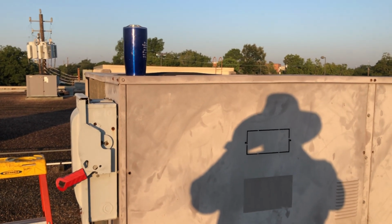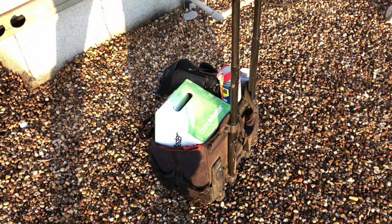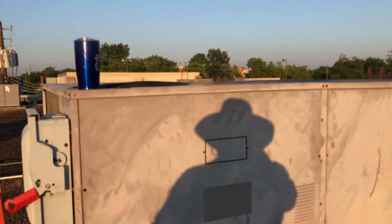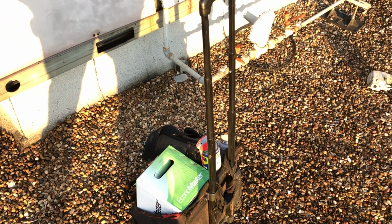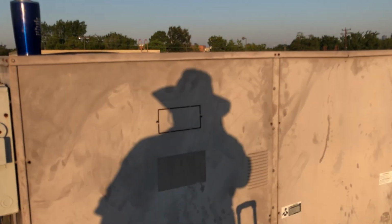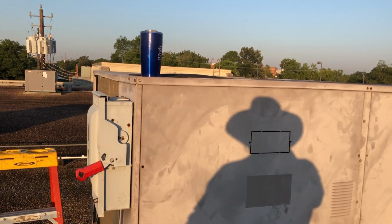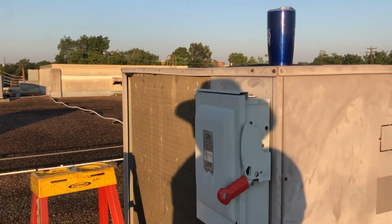But still, I ordered two motors. Right now I got one up here already. The other one I left in the van, but I'm gonna go get it after I replace the first one. But so far that's what we're gonna be doing today. We're gonna be replacing two condenser fan motors,